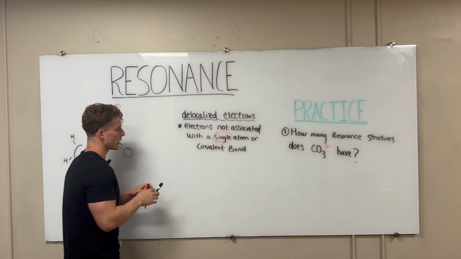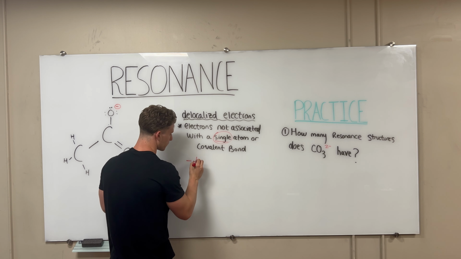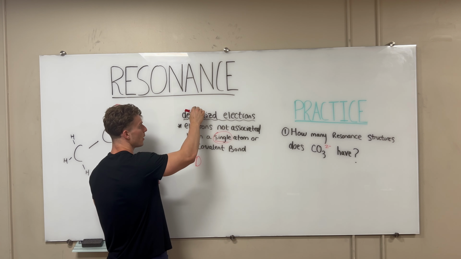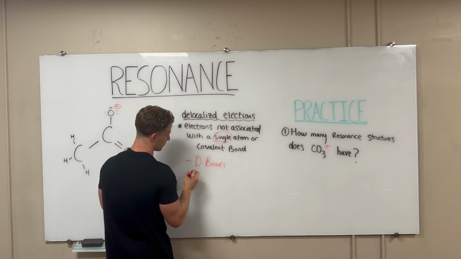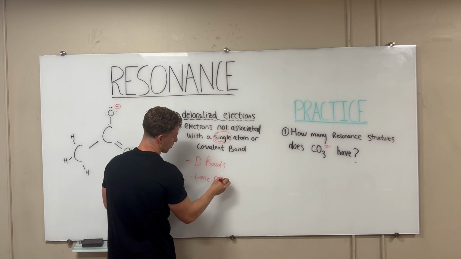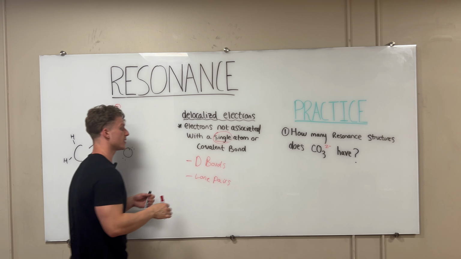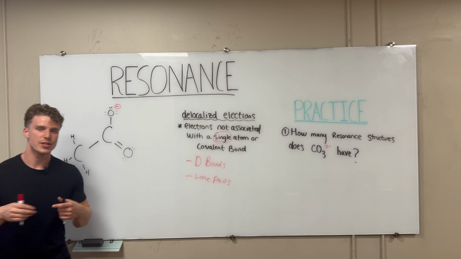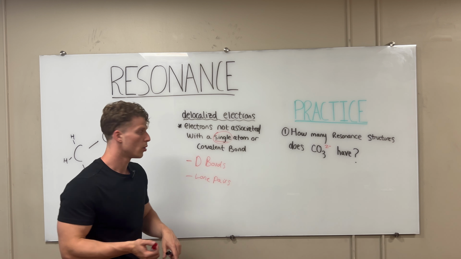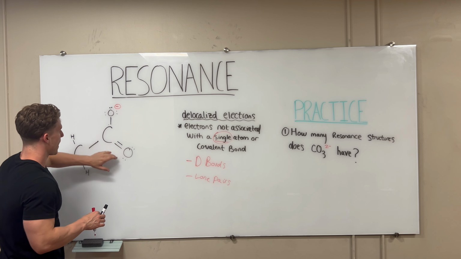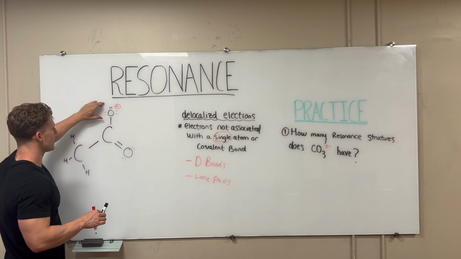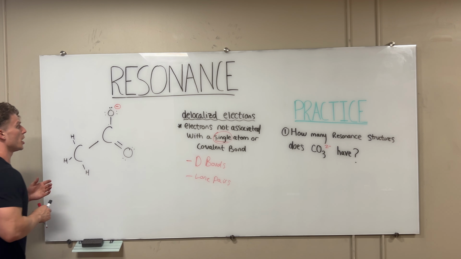So a good trick or a rule of thumb when you're thinking about delocalized electrons, you're going to be thinking about double bonds and lone pairs. Okay? So when you see single bonds, you're really not thinking too much about resonance. When you see double bonds and lone pairs in the same area of a Lewis structure, you want to start